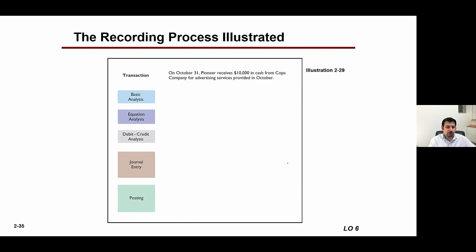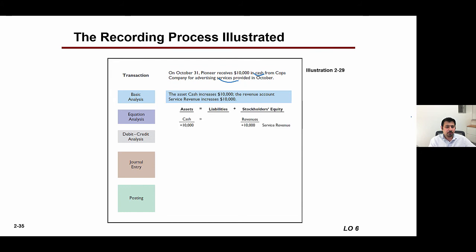On October 31st, Pioneer receives $10,000 in cash from Copa Company for advertising services that were provided in October. So those are services that the company earned in October. They received them in cash, so cash and service revenues are the two accounts that are involved. Cash has increased and service revenue has also increased. Again, remember that you always need to include an explanation of the reason for the change in